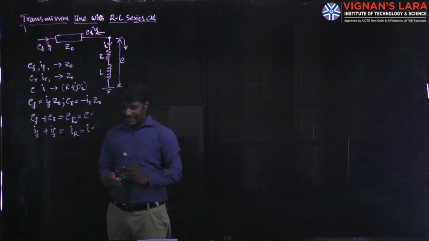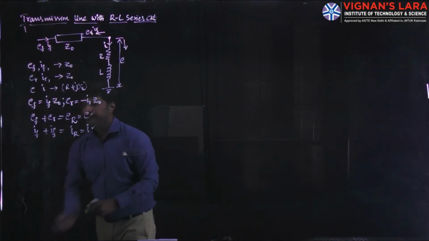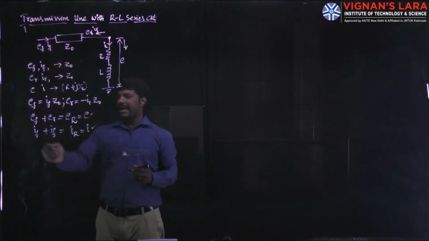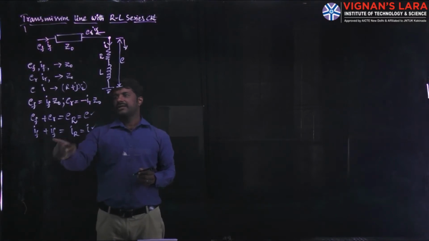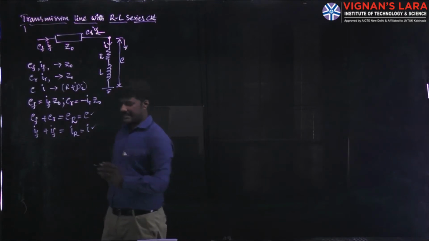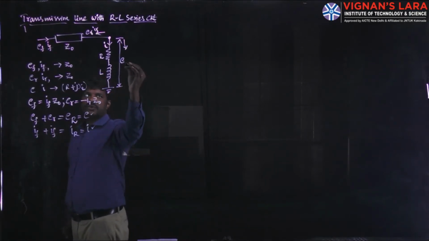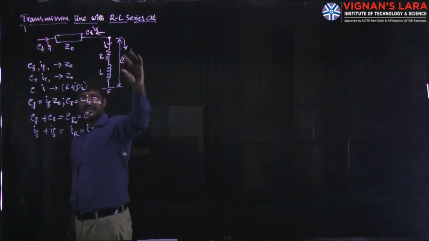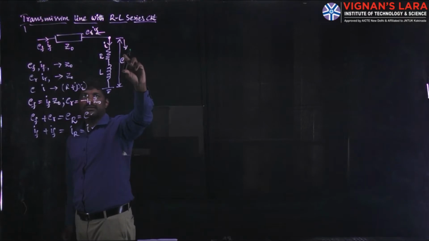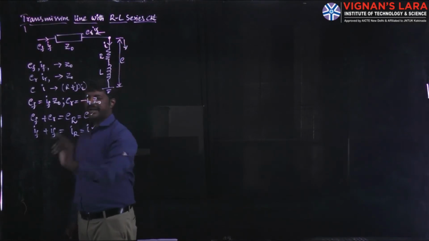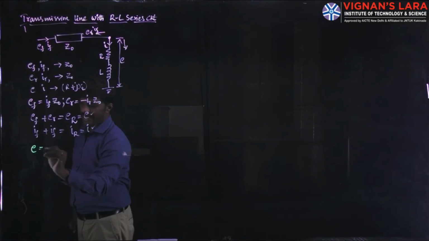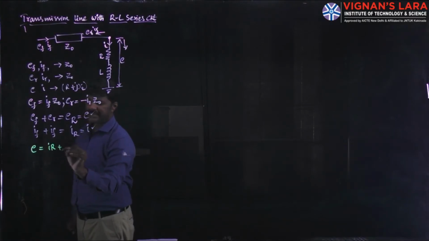So with these interrelated equations, we can verify again: the currents can be written IF plus IR, and the voltages also can be written in terms of impedances by applying KVL. As we also know, this is E voltage, which is called the refracted or terminated voltage across the load impedance, the disturbed value. This was the disturbance. So E is equal to I into R plus L di by dt.